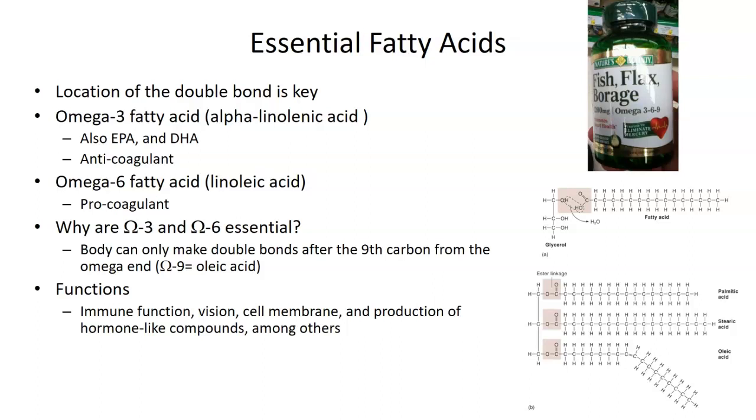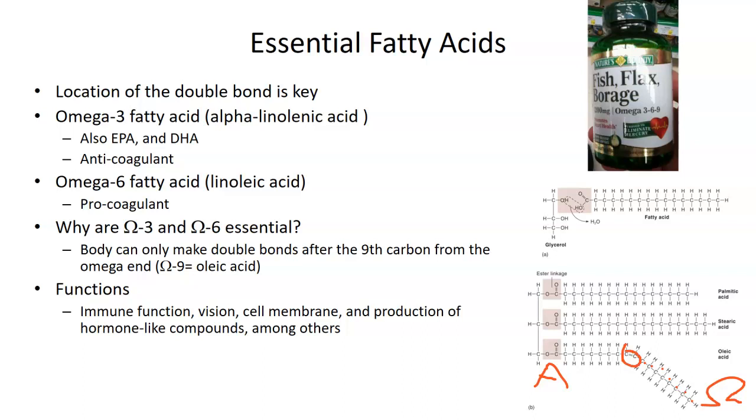Okay, so when we talk about fatty acids, what we're talking about first of all are the essential fatty acids. To describe what an omega fatty acid is, the location of the double bond is always going to be key. So the way we do this is we look at the alpha or omega end of a fatty acid. The alpha end is over here, so this is where the fatty acid starts, and then the omega end is on this side. All we have to do is count back the number of carbons, and it will tell us which omega fatty acid number it is, based on where the double bond is.